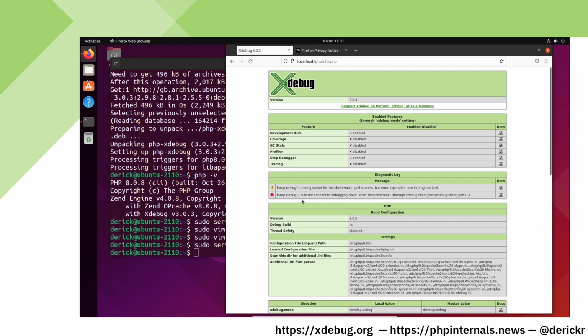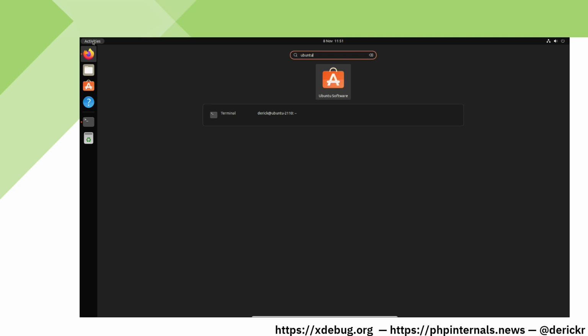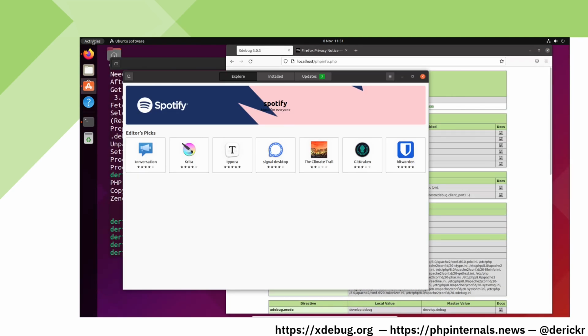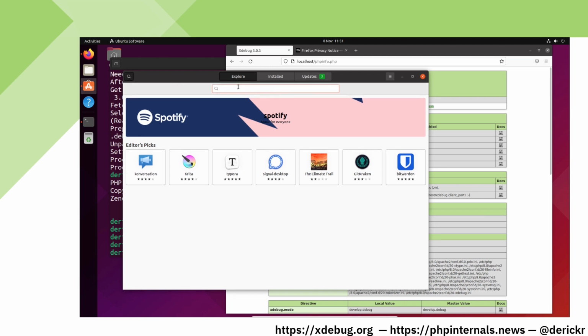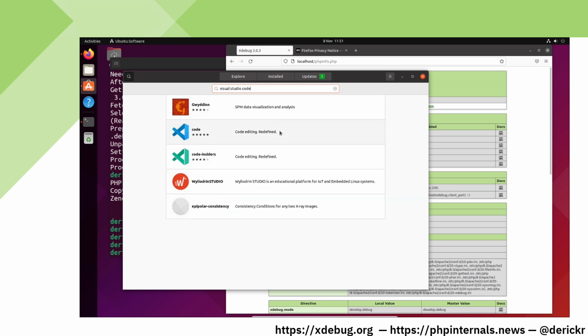We now need to install VS Code. We can do that by clicking Activities and then selecting Ubuntu Software. We then click the search handle and search for Visual Studio Code. It is the blue icon which I'll now click and install.